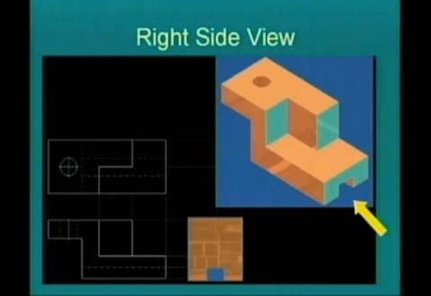Again, when you go to the right side of this building and see it from the right side, the shapes colored in different colors are the shapes that you see. You don't see any other side of the building except for those. And those are the ones that are drawn on the right side of your front view.